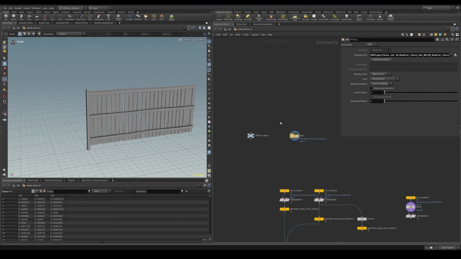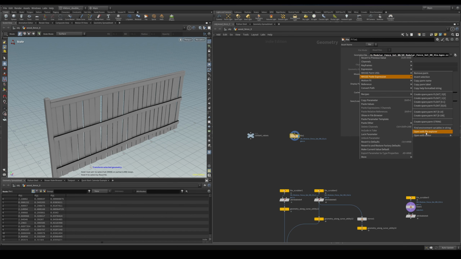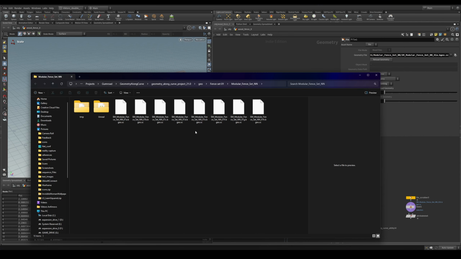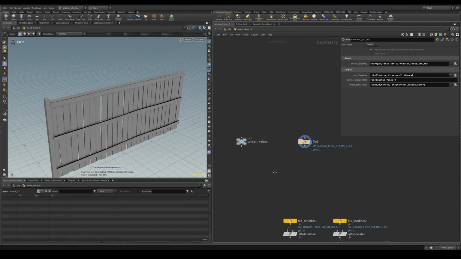And it also works with files. So let's say I am importing this fence geometry, and in this case it's going to open up basically the same directory. It's not going to open the file, but it's going to open up the directory where this file is located. And right now I'm going to switch to the other clip which I recorded on a different user,